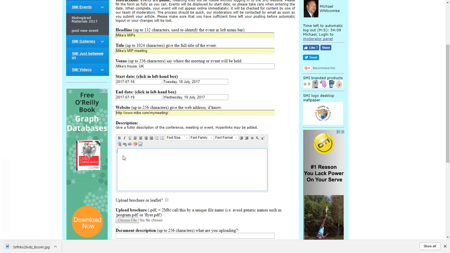And then there's a description down here, so you can make a much more detailed description or paste information from your website about the scope of the meeting, the dates, where it is, who's going to be there, anything you think is relevant, you can paste it in here. So I'm just going to put something in here,